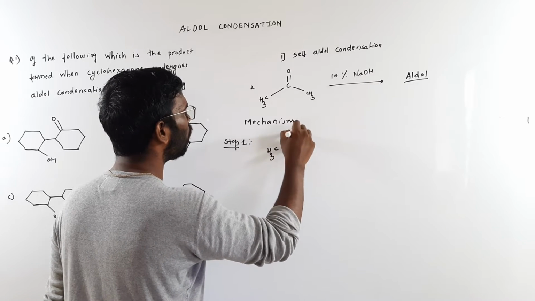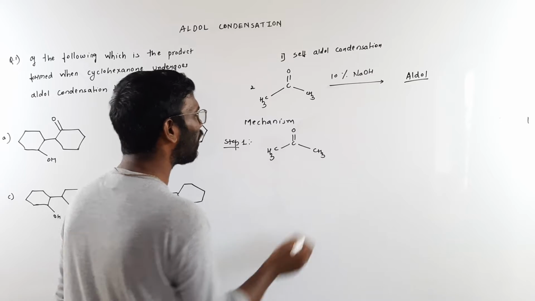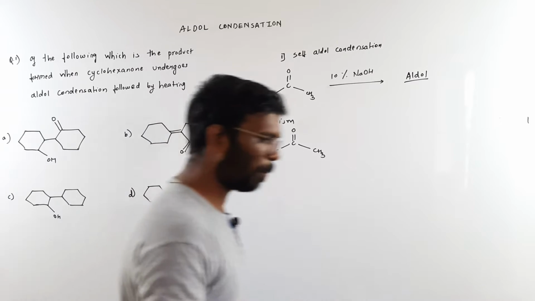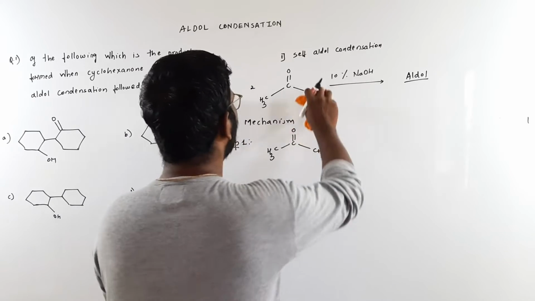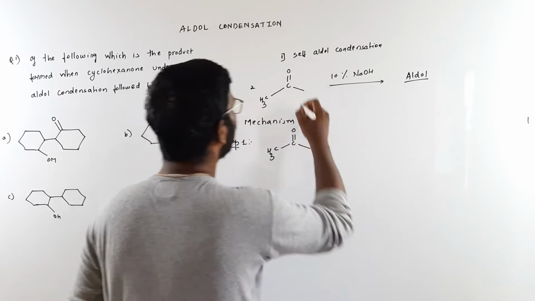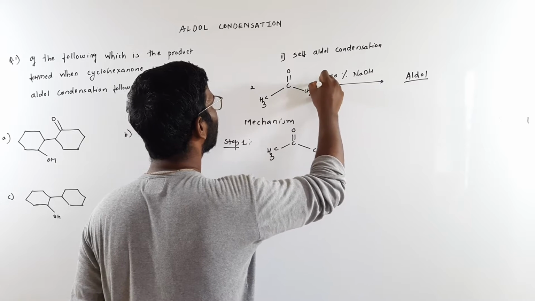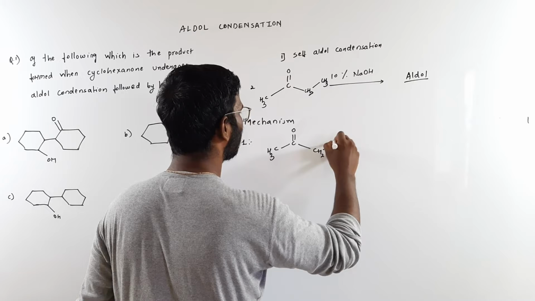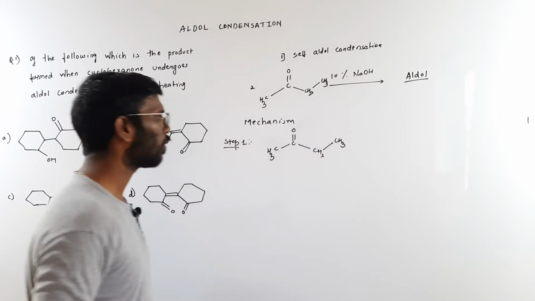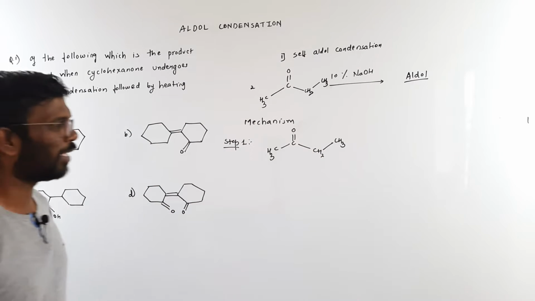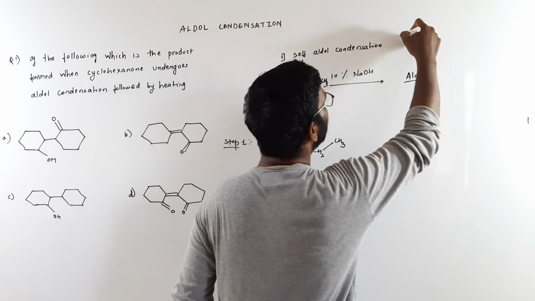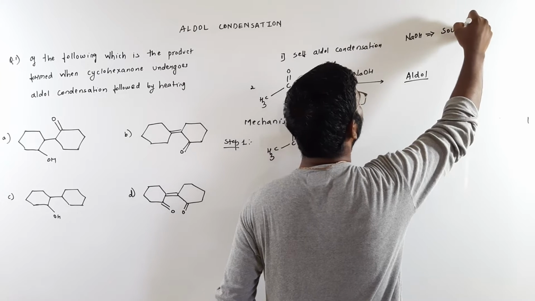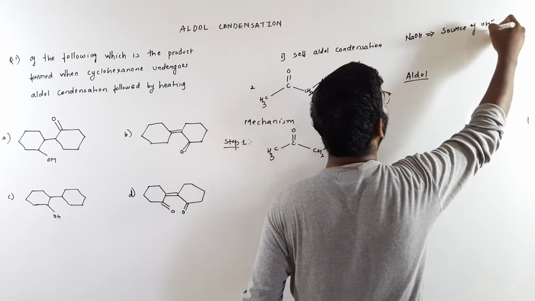There are two molecules of the carbonyl. It could be an aldehyde or anything. For better understanding, let's not take this example. Let's take another example. This way I'll take. Now here we are adding a base. This NaOH which we are adding is a source of OH minus ion.